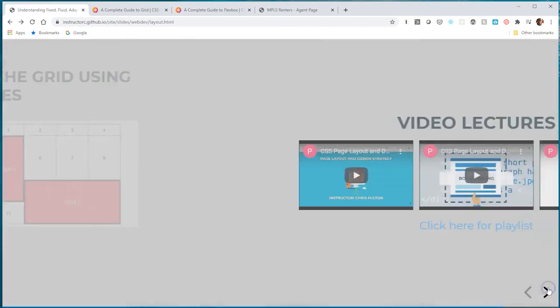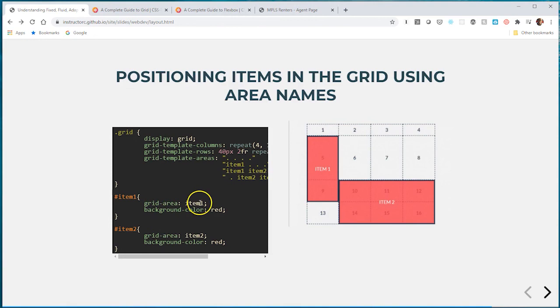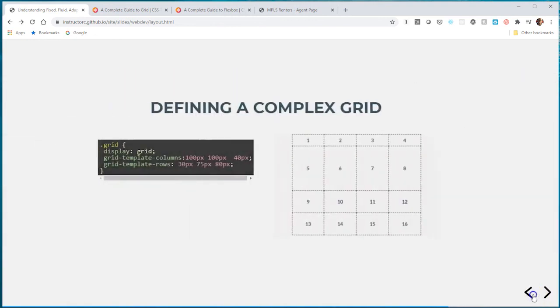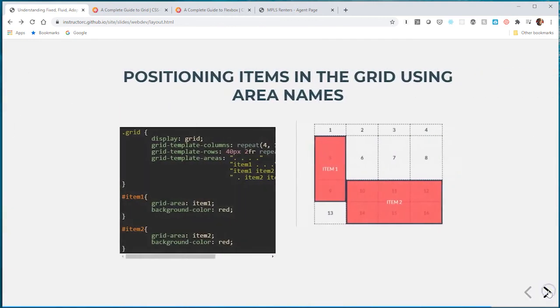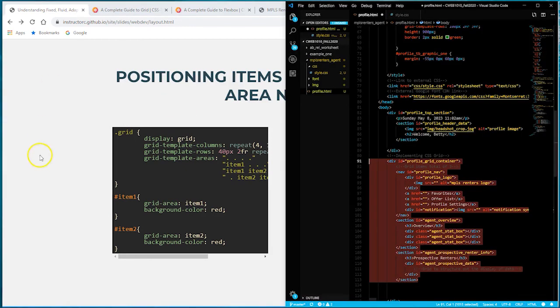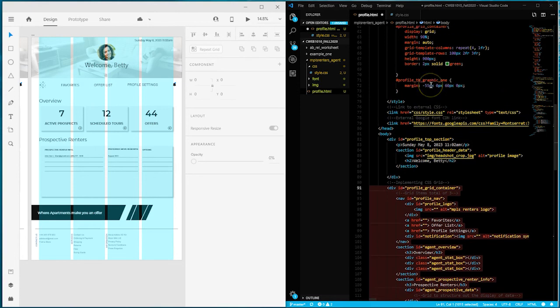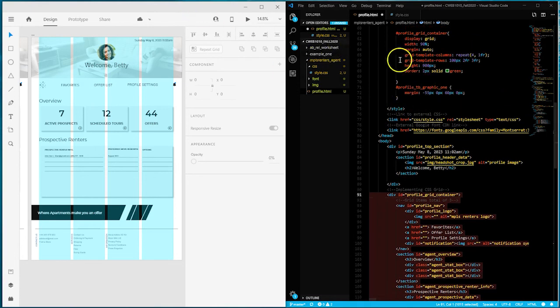Now we could also use area names, where we could give every particular grid item a name by saying grid area and giving it a name. But I want to demonstrate this example using line numbers. So let's take a look at adding some CSS to this, and then we'll conclude the video. So let's save it and let's add some CSS. I'm going to add the CSS internally here. Let me save my work,